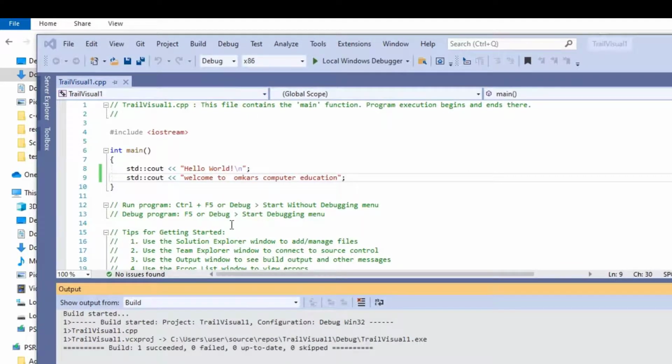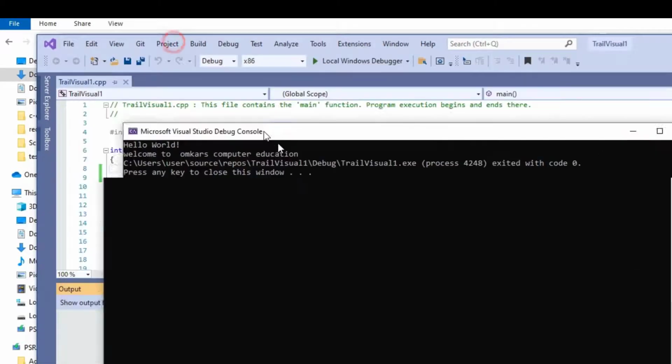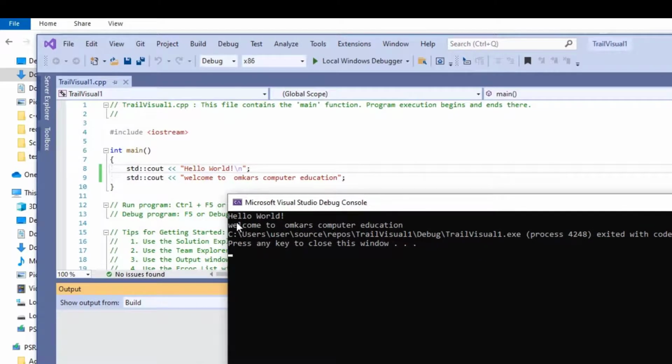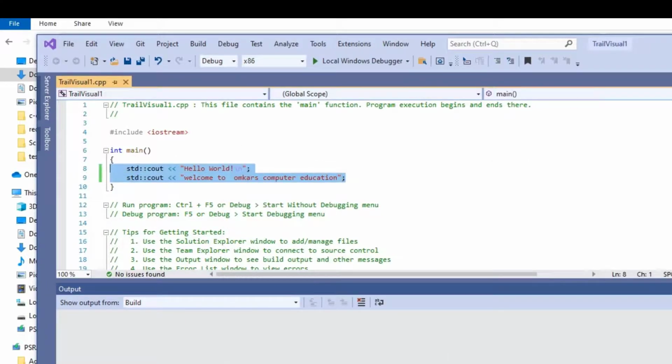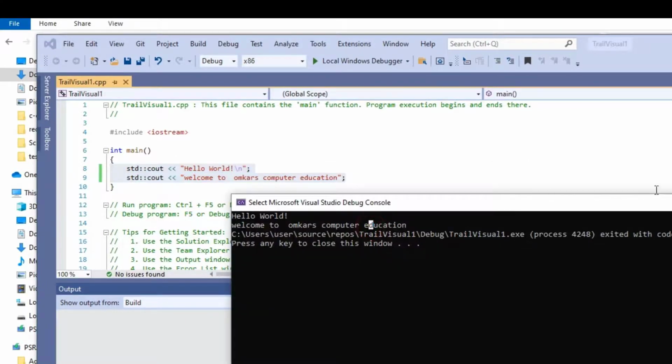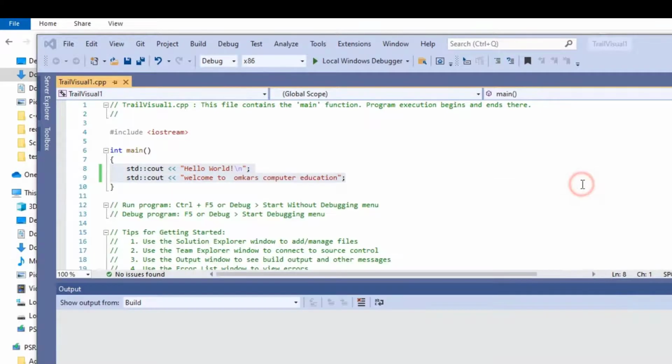I am waiting for the output. I have got the output as Hello World and welcome to the Omkar's computer education. Whatever I have written in this, I have got the output here. In this way we have to download and install Visual Studio and we can run this project also.